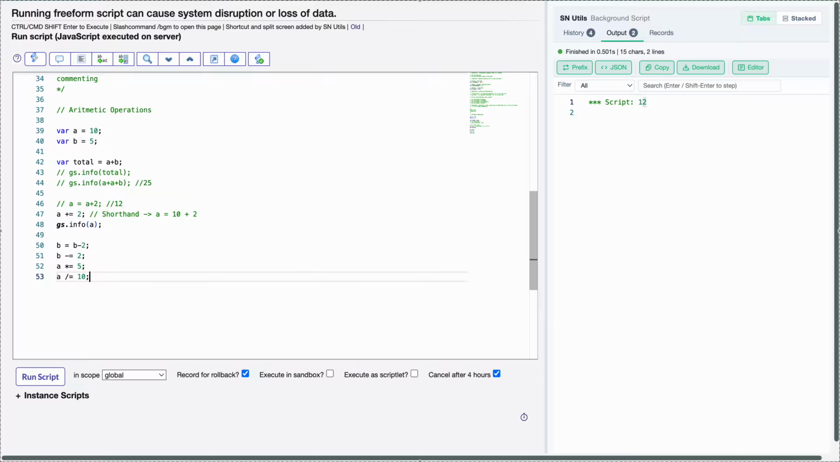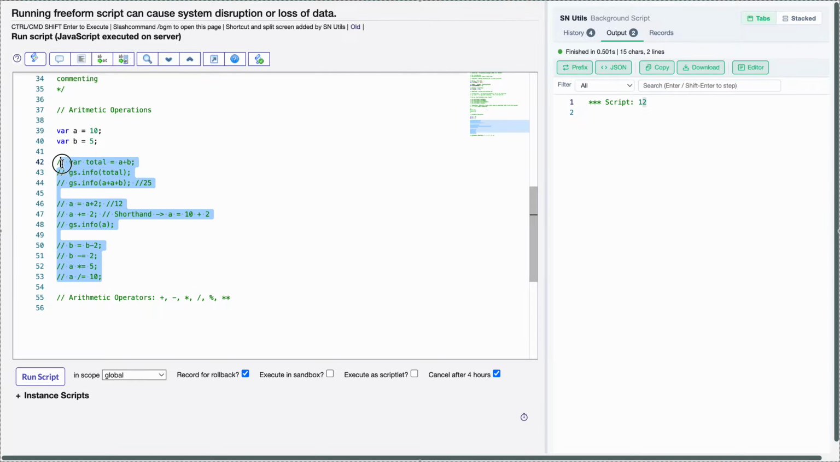Okay, now we have seen a number of arithmetic operators. So arithmetic operators, we have plus, minus, multiply, divide, and then we have modulo. I will explain this. And we have exponential also. Okay, so suppose, let me comment out all of this for a better understanding. Now we have a is equals to 10 and b is equals to 5, and nothing in between because all of these are